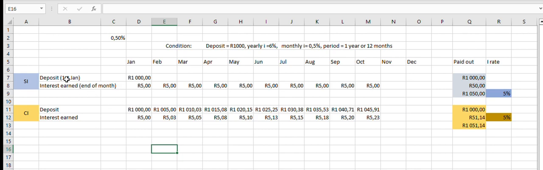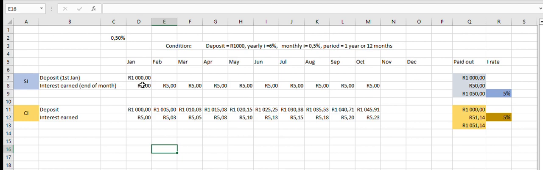As you can see here, we're starting on the 1st of June, and the interest is earned at the end of the month, all right, the end of each month. So you can see here, go back to simple interest. If you deposit 1,000 on the 1st of June, at the end of the first month, if you are earning 6% per year, which is 0.5% per month, you're going to be earning